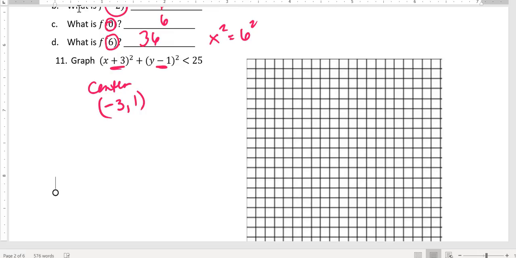Now, on a quadratic, what we said is h lies and k tells the truth. But on a circle, they both are lying. Whatever you see is lying. This is a minus 3, and a minus 1 is a 1. Right? Easy way to remember it. Because our formula